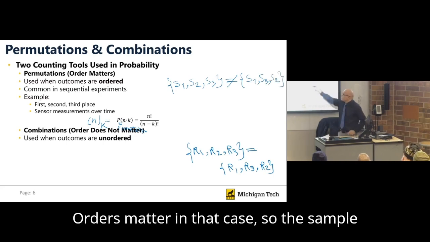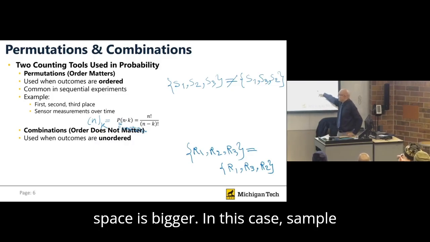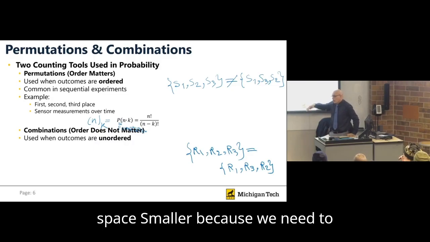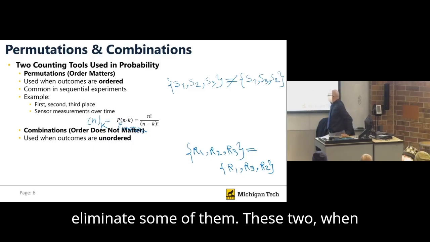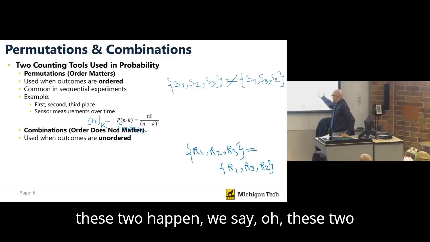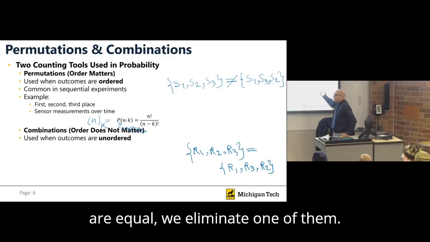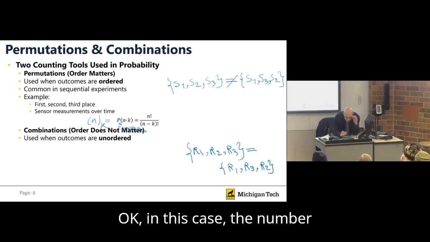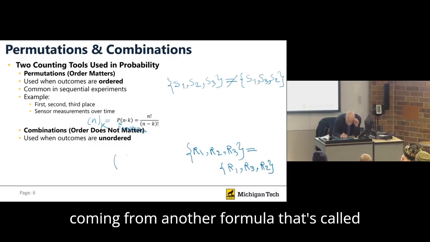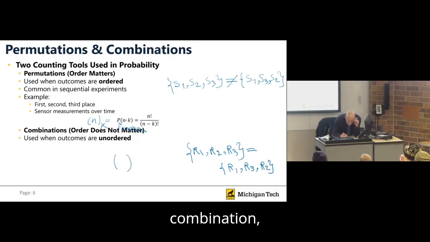It's different. Order matters in that case, so the sample space is bigger. In this case, the sample space is smaller because we need to eliminate some of them. When these two happen, we say these two are equal, so we eliminate one of them. In this case, the number comes from another formula called combination,